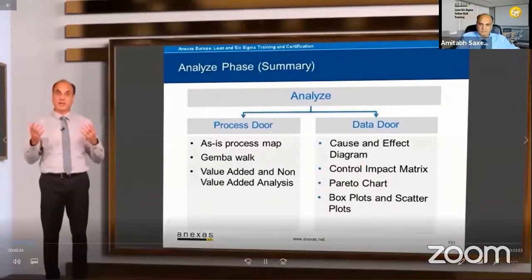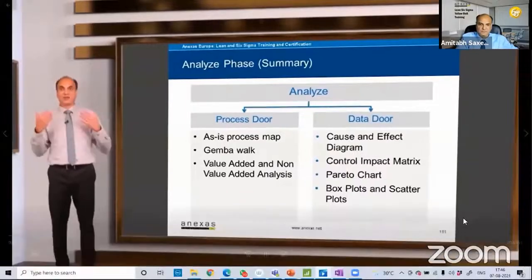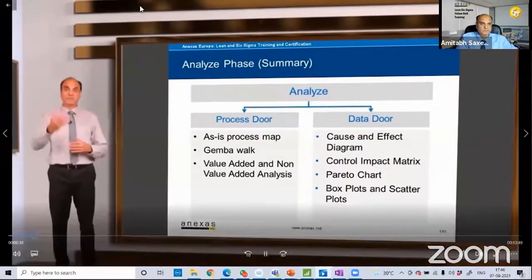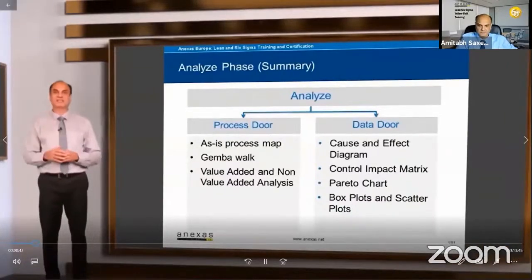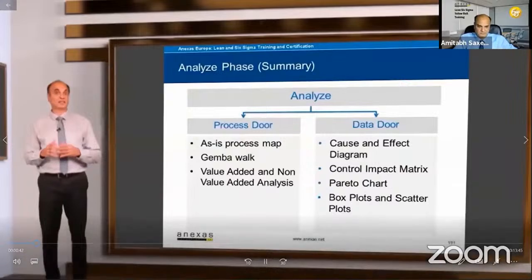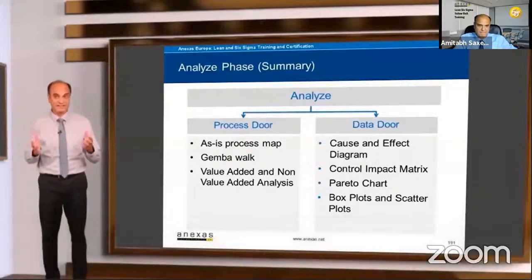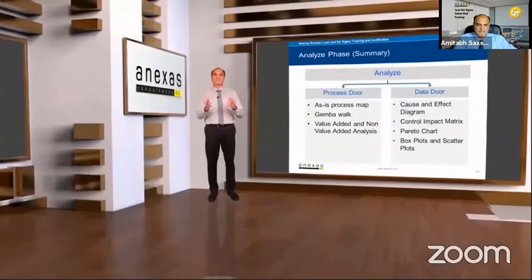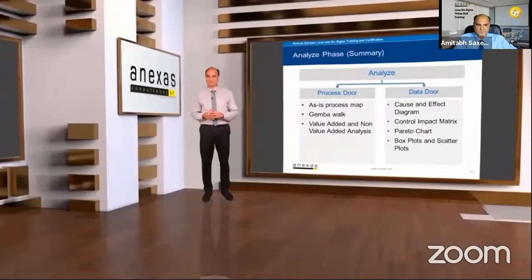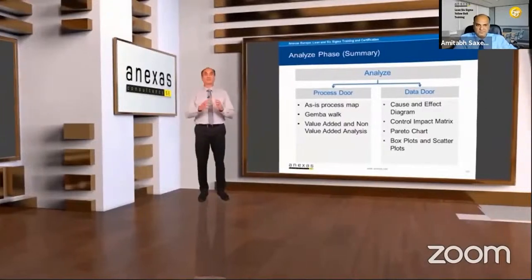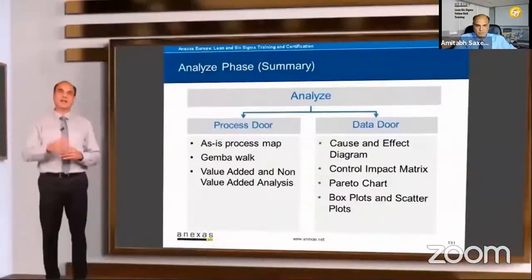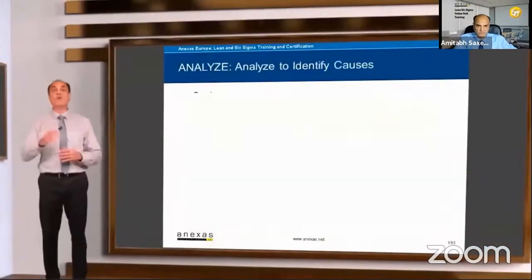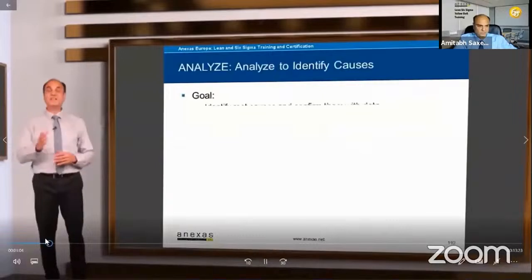In the process door, you'll do the value stream mapping and get the non-value added activities and move to the 7 wastes and identify which activity is taking longest time. You identify the constraint and then you apply techniques like ESCAPE technique to further improve the process and suggest a new process. Whichever route you are following, finally you will end up getting the root causes of your problems. And once you have got the root causes, then you can move on to the improve phase. So let us start talking about the analyze phase. The goal of the analyze phase is identifying the root